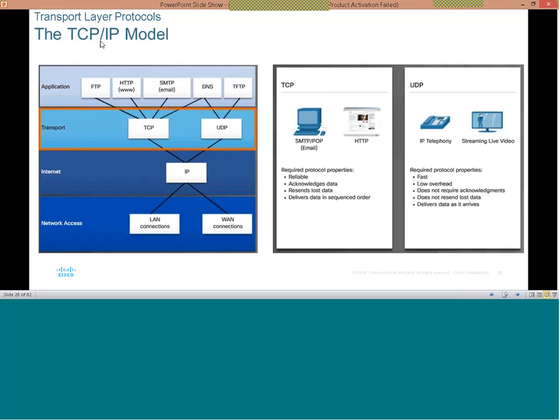We're looking at the TCP/IP model. Remember, here we're looking at network protocols. The network protocol here is that we want to look at models that actually describe the protocol of the network. And one of them is actually the TCP/IP model. So you can see that here. You see the transport layer